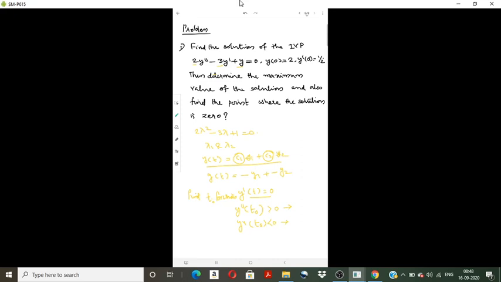So here we have to find the maximum. First of all, find the point at which it has the maximum, and then the maximum value will be y at t naught. You have already found y, so substitute that point in the equation for y, and you will get the maximum value. Now find the point where the solution is 0. So take y of t as 0 and find the points t. This is the method of finding this. So please do it in your notebook.